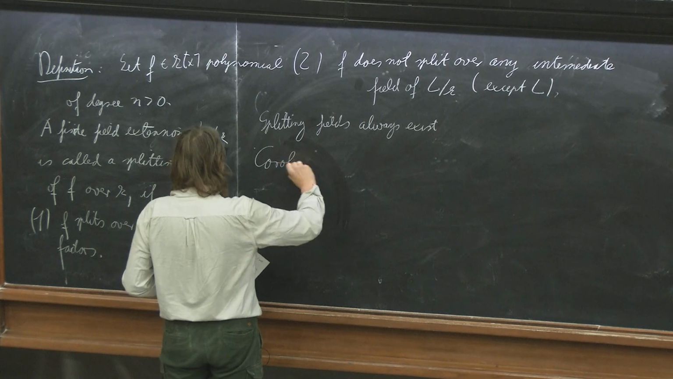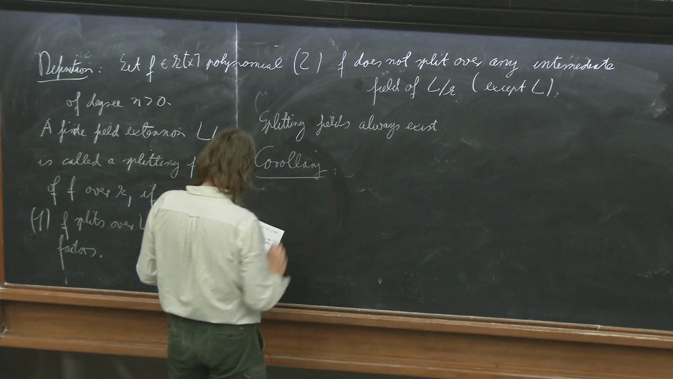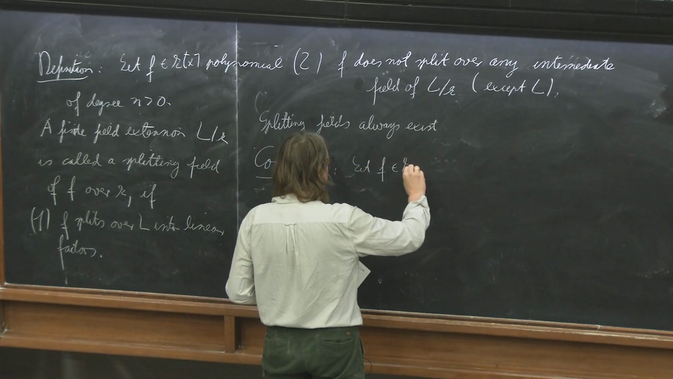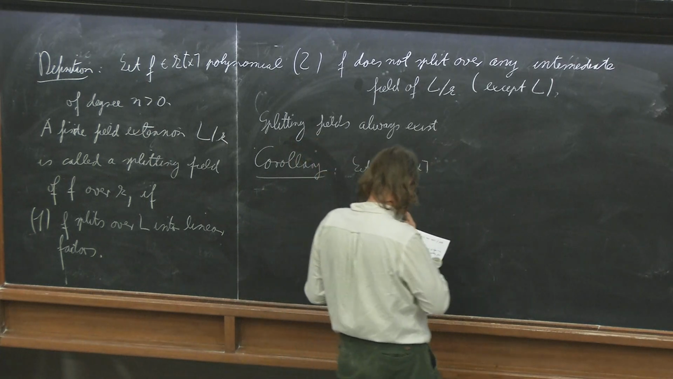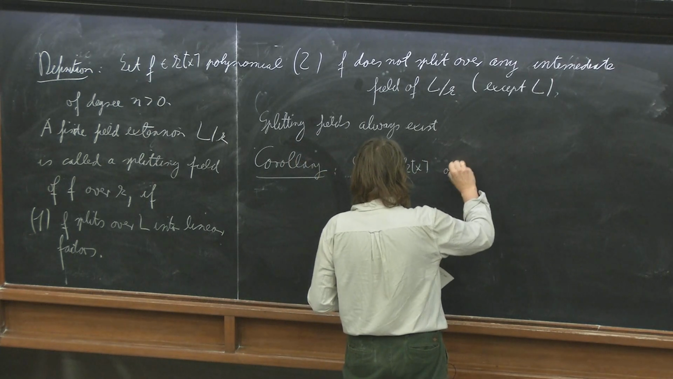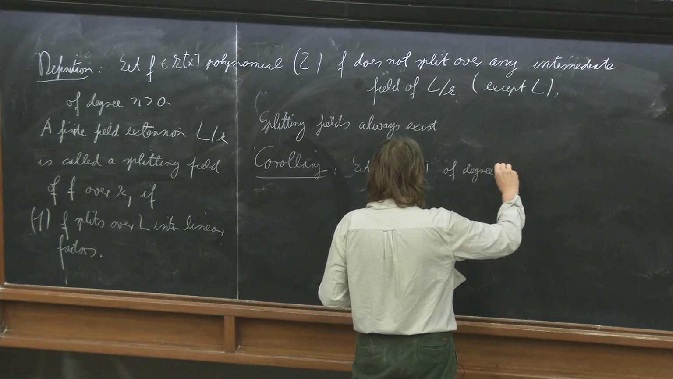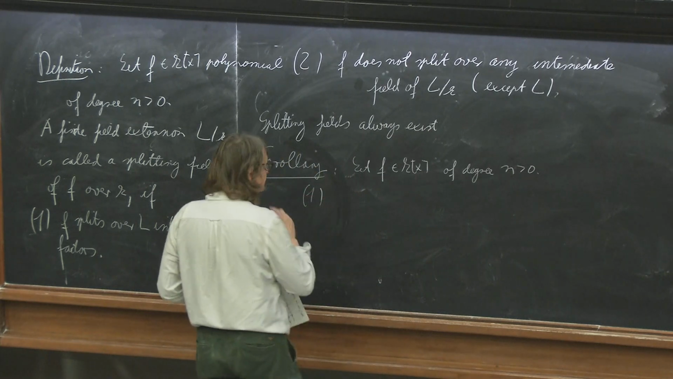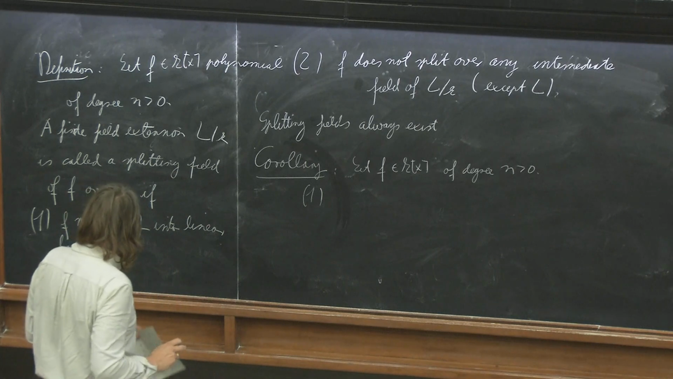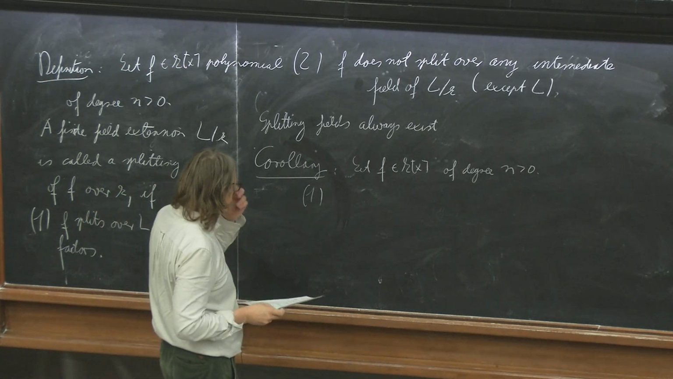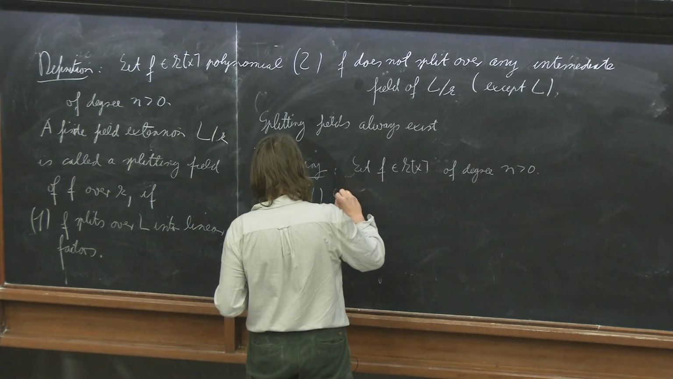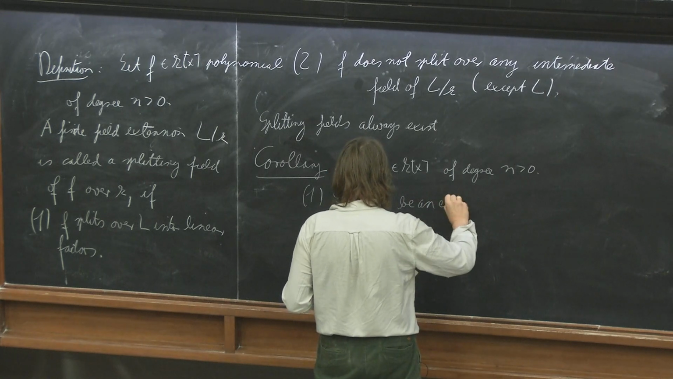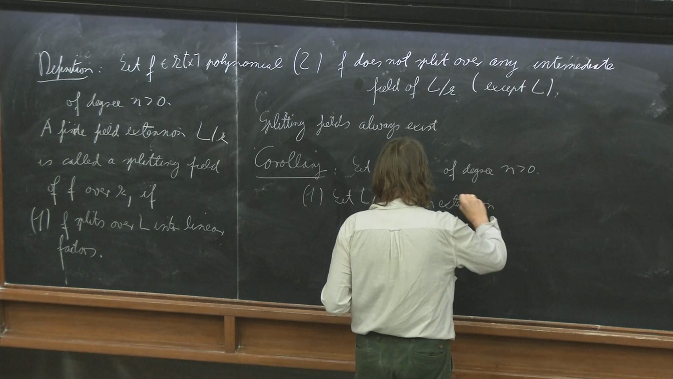Following corollary to what we just did before. Let f in K[x]. First statement: if I have an extension over which f splits, then I can get the splitting field from that. So let L over K be an extension